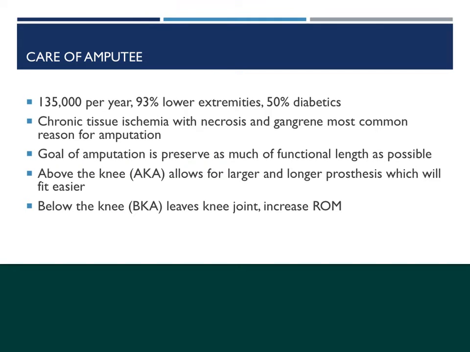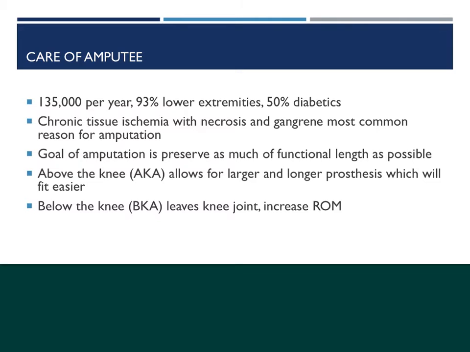We just finished talking about PAD, and a lot of the people who have peripheral arterial disease also have diabetes. Over 50% of the people that end up having amputations are diabetics, because they've developed PAD. They have chronic tissue ischemia. We talked about this in class with the necrosis, and then the limb becomes gangrenous,